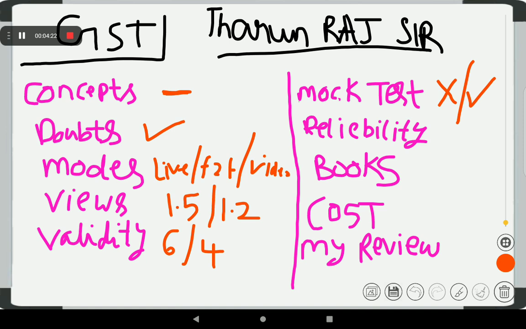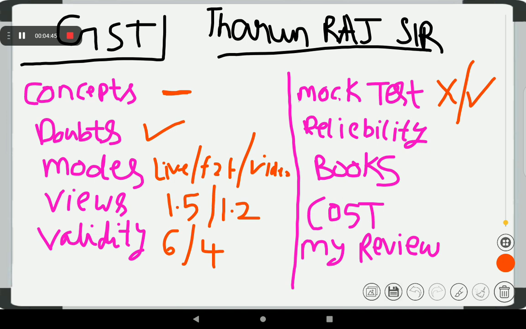Reliability. So if you are a bookworm, you can ask the doubts, sir. If you can't understand the concepts, then you can definitely go for it because sir clears the doubt. But I think I was not so attentive, that's why I don't know. Some of my friends also purchased the class, but he also said that he was not understanding. So I feel that for me the faculty is not reliable.